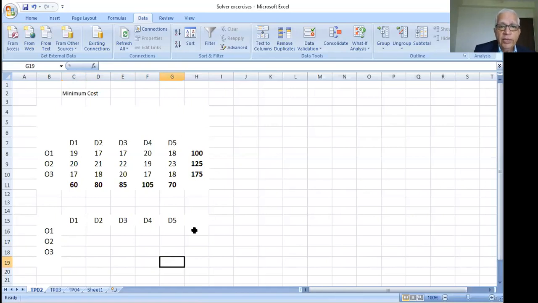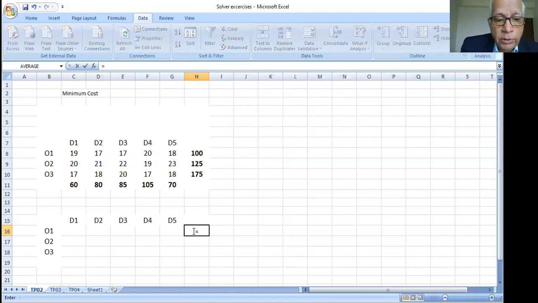Okay. Now, here I am feeding. This is preparatory work before going into Solver. Now I am preparing this sheet to be able to get into Solver, and then I'm going to stipulate some conditions. So here in this cell, what is this cell? This is nothing but the row total. This row total. So I'm adding a formula here equal to sum of what?